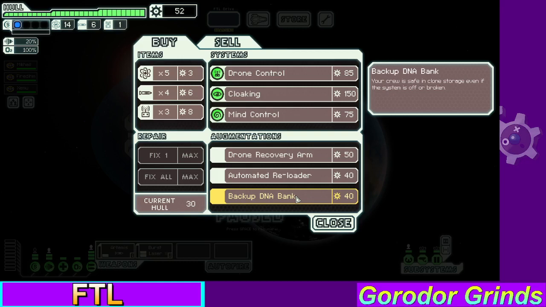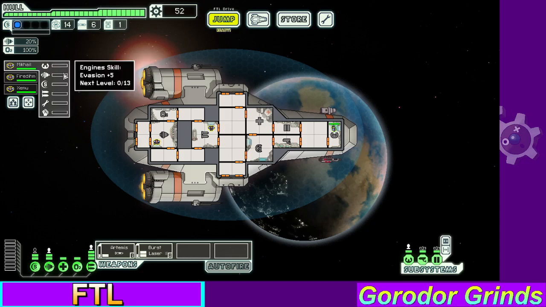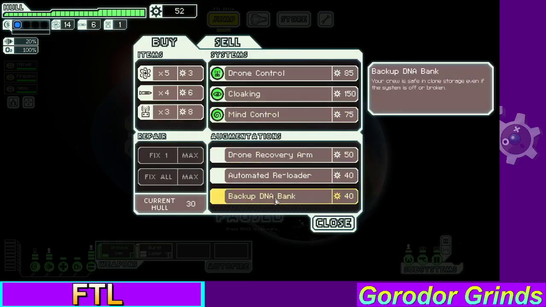whenever one of your crewmates gets killed, if you have a clone bay, it will, quote unquote, clone that crewmate and bring him back. I call it revive, but it's just creating a clone. The clone does come back with weakened skills, which they do gain over time while manning or being in combat or repairing. And with the clone bay, if they revive or clone, they come back with less